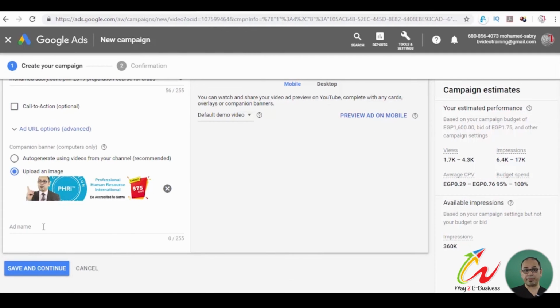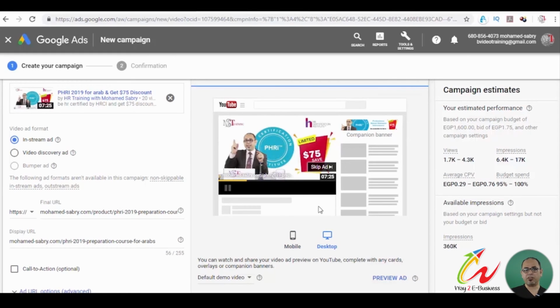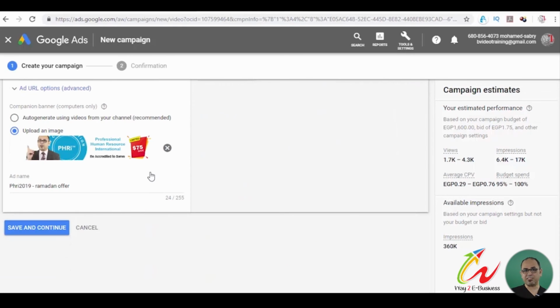The last step now is to enter the ad name, PHRI 2019 Ramadan offer. By this step, we finish the campaign setup on YouTube. Let's observe that you can review the ad in the middle of the campaign page, whether on desktop or mobile version. And on the right side, you can see the campaign estimates and read that depending on the campaign's budget,